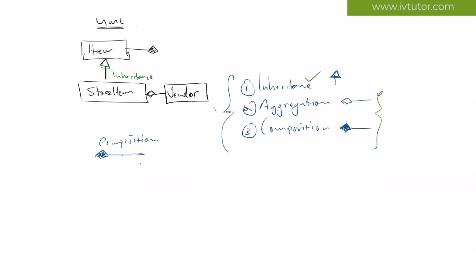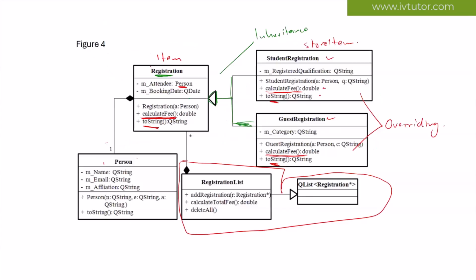We're going to have an item list here, and our item list is going to inherit from a queue list of type item. Now, our simple example is exactly the same as this diagram,